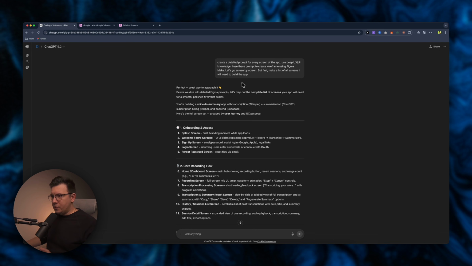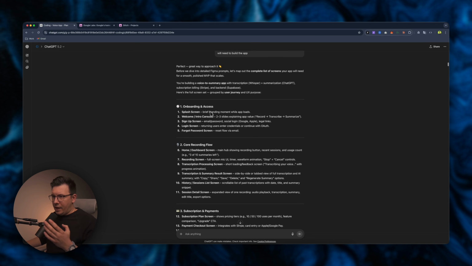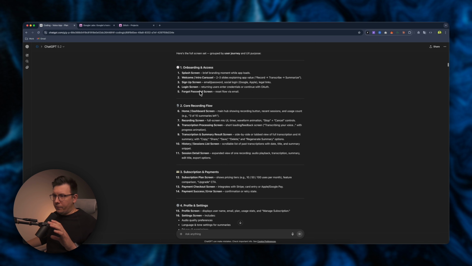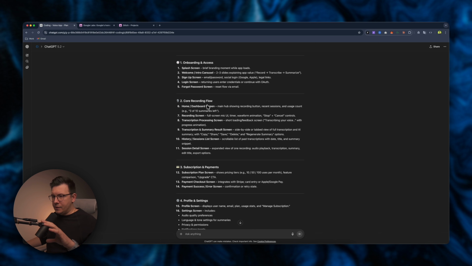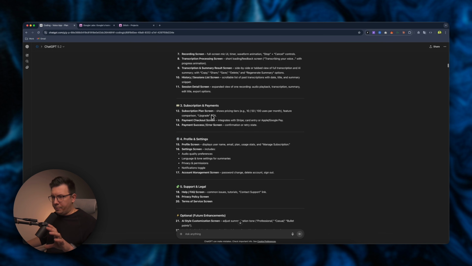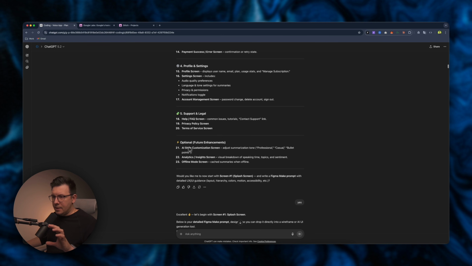Usually I start with the first prompt that is basically a summary of all the screens that I'll be using, and in this prompt, I tell ChatGPT that it will be used, for example, in Figma Make, but in our case we'll be using Stitch. Basically I get the results, and ChatGPT explains all the screens that I'll be using, and this is super cool, it divides the screens into logical sections. As you can see, this is onboarding, core recording flow, subscription payments, profiles and settings, support, and some